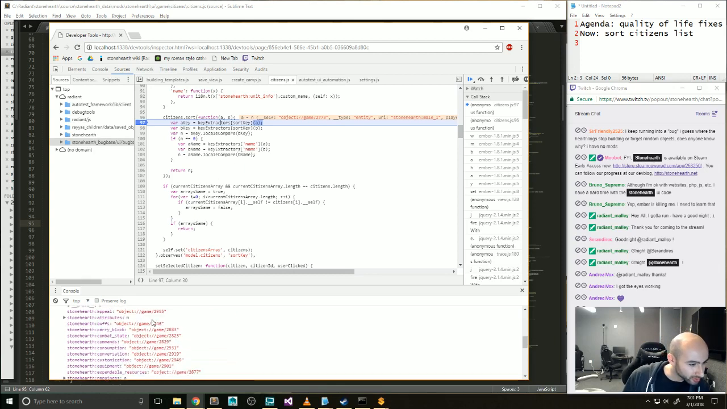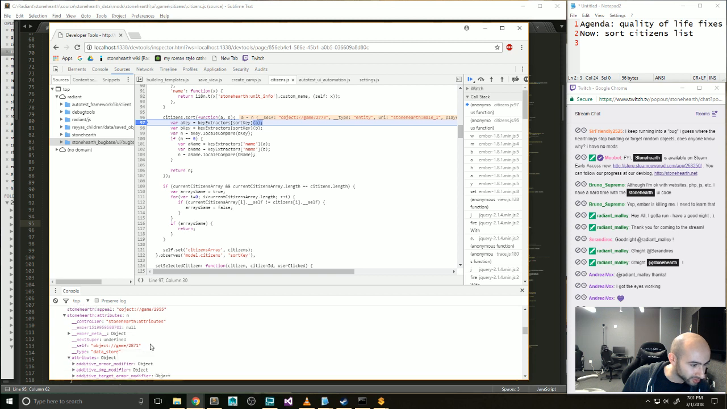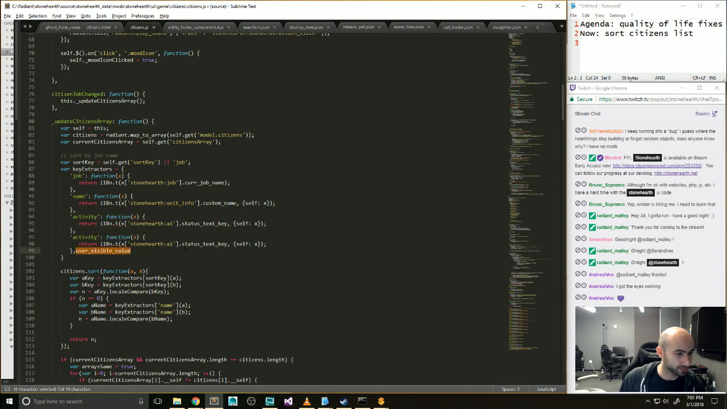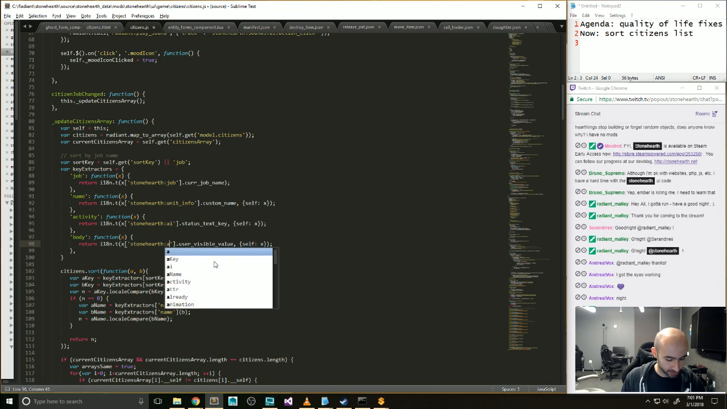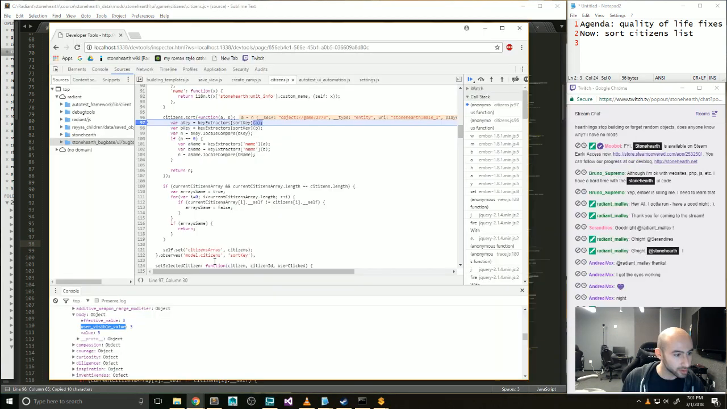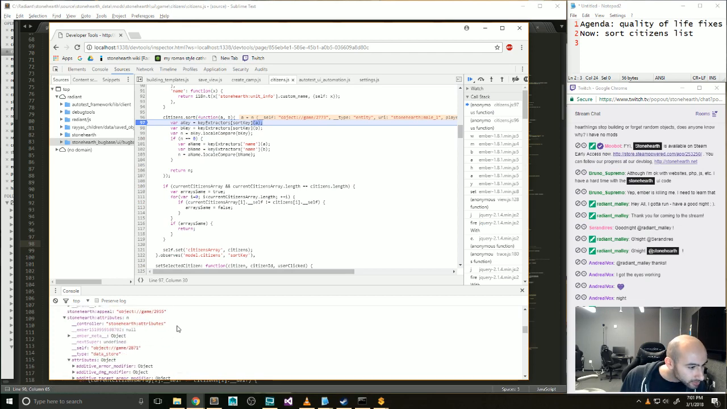So the other thing that we wanted to look at is attributes, and so it's going to be Stonehearth attributes, body, effective value, user visible value, so that's what we're going to do. So if we say body, attributes dot attributes dot body,